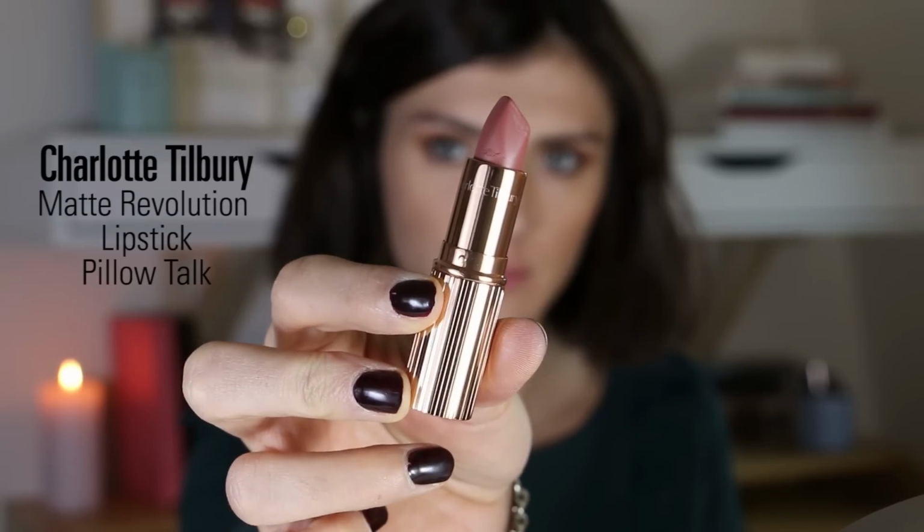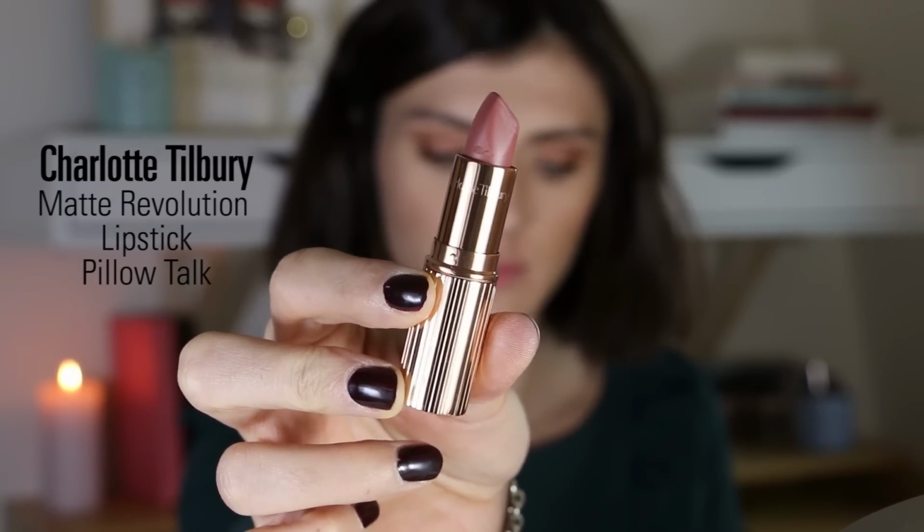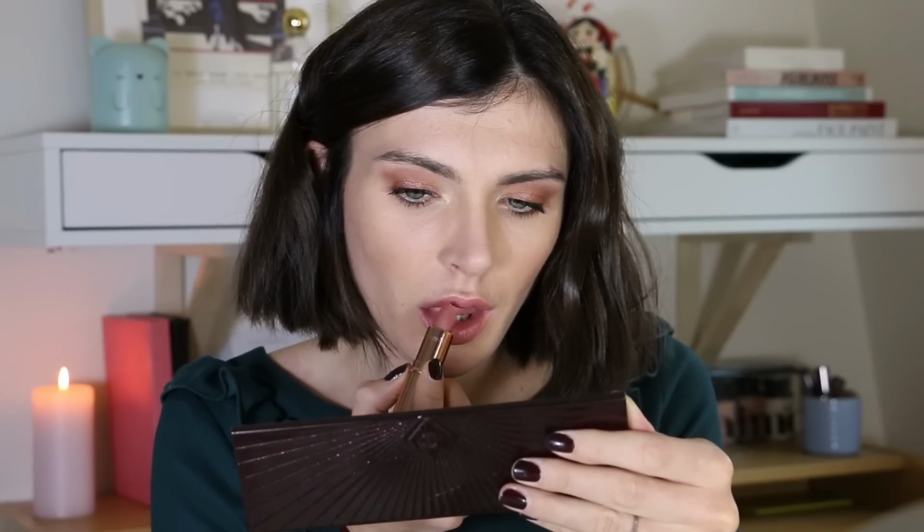For my lips, I'm using the Charlotte Tilbury Matte Revolution lipsticks in the shade Pillow Talk. So she's well known for her Lip Cheat lip pencil in Pillow Talk, and everyone wanted a lipstick to go with it, so she created it, and it's a big win. It's a very, very lovely pink nude shade that you can apply on an everyday basis. It's not too dry at all. It's a kind of matte satin finish in a way, very comfortable and very nice to complement any kind